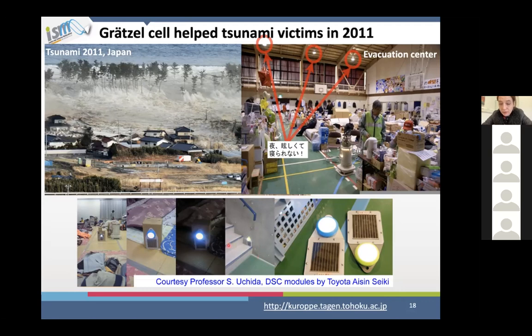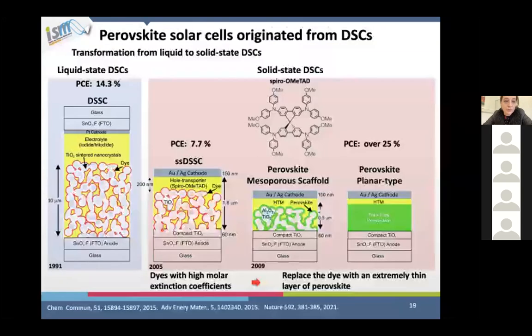Or in the stairs, this lamp was installed there to help them for the life during this period. So this is the example where the science is really helpful for the people. Here we have the transformation, the general story about the transformation from liquid type dye cell to